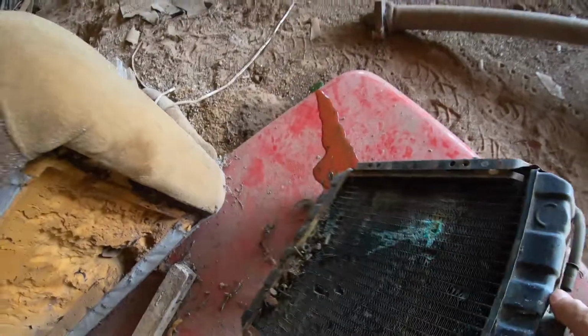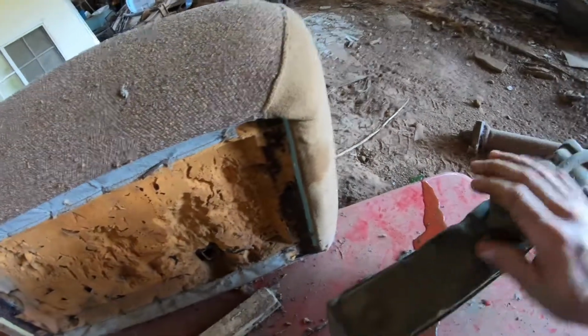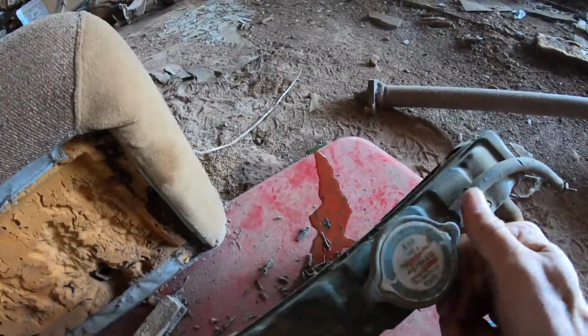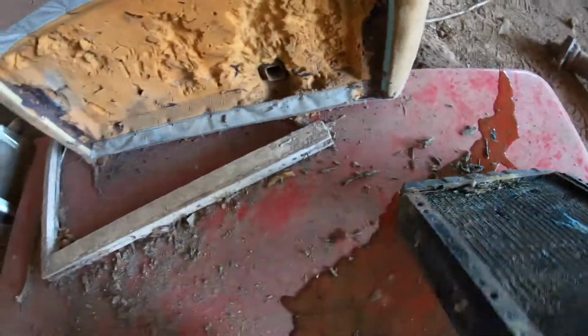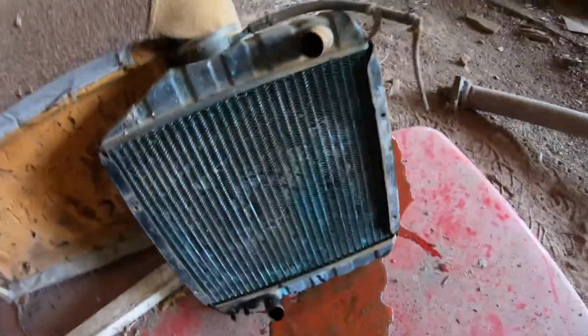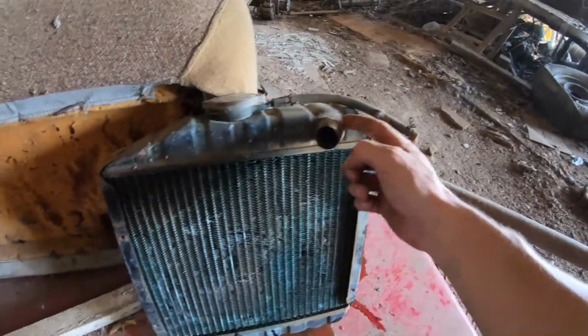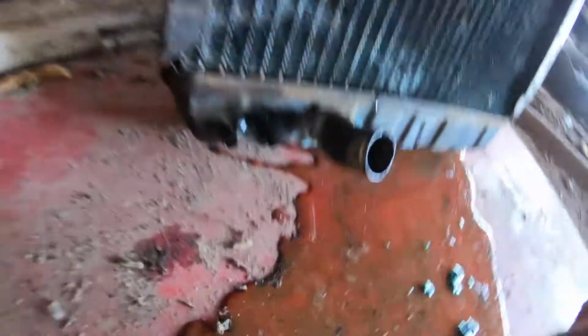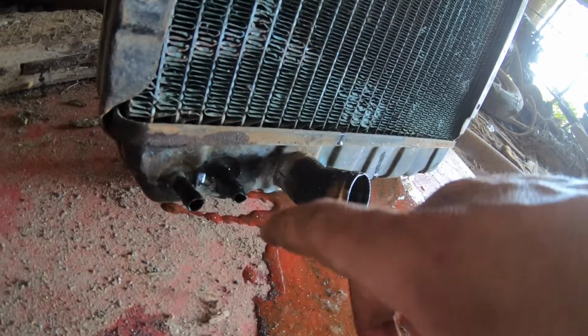But so yeah, let's see if I can find a number on this somewhere now. There may not even be anything on it other than what's on the top, but I was hoping maybe I could find a number on this thing, like an ID number. It might help me find the replacement. But at least now that I got it off, I'll be able to get the dimensions on it. Like I said, I knew this was at an angle here, so the ones I've been looking at had an angle here, and they had this angle on the bottom here. But like I said, I found some that had both of these, and then I found some that only had the two outside ones, but it said it was the right one. So